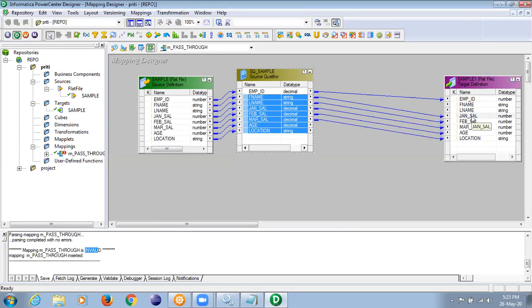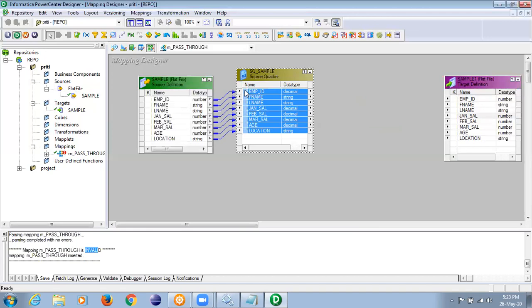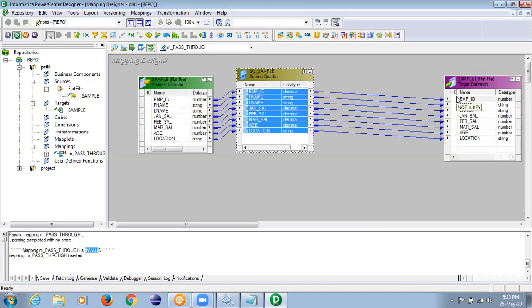If you by mistake dragged it at the wrong place, simply select like this and press the delete button in your machine. Shift down, drag, drop, connect. That's it. Again, I'm repeating, we are not adding the transformations. I'm pressing Ctrl S to save. Can you see it is valid now? The dot has disappeared, and it is mentioning valid here.